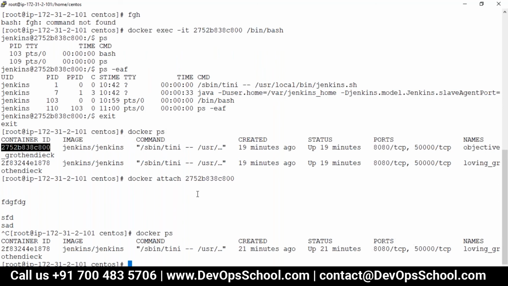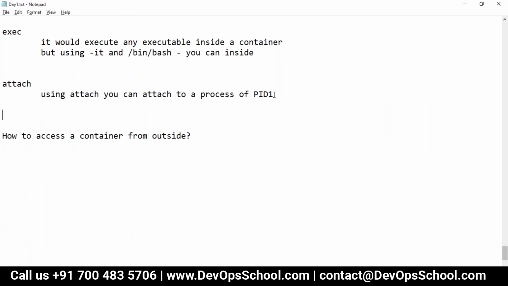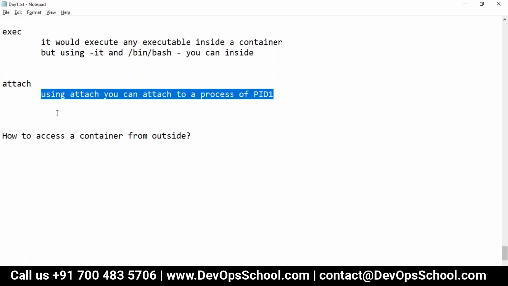I was wondering what this attach is. What's the value of this? We are saying for live debugging. Most of the time you want to see the logs of PID1. You want to keep flowing the logs. It can be mysqld, it can be Apache log, or it can be anything as such. You want to see that live, and at the same time in the backend you want to code it and all stuff like that. So those are the things you can do.